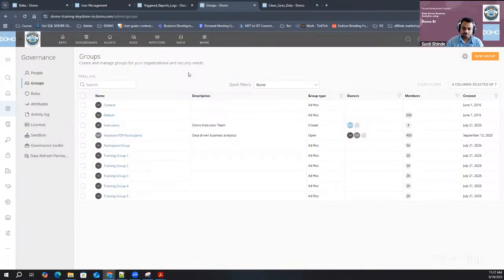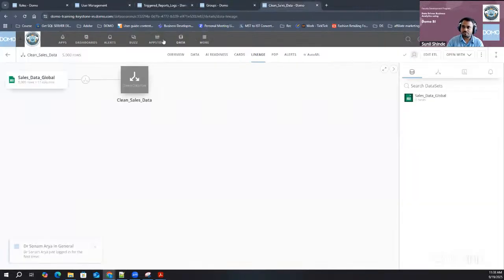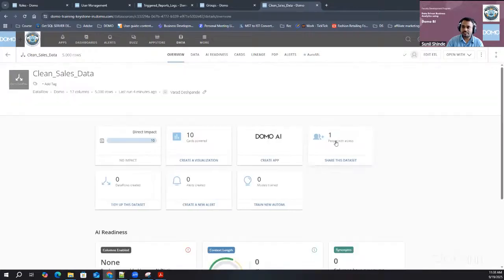It will help, for example, if XYZ person leaves the organization and you have shared hundreds of objects with that person, and you want to revoke that access, you need to go through each and every object and remove that person from that object. For example, if you have shared a data set, this clean sales data, with me,